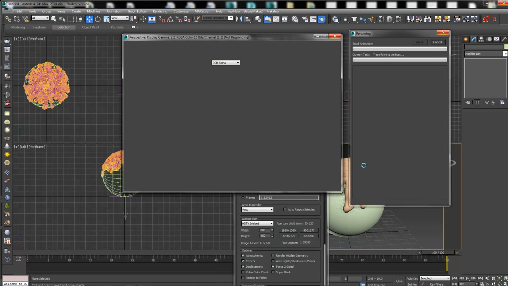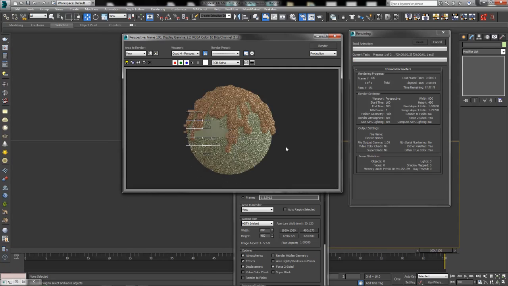Here, let's see how fast this is going to go. Here we go, not too bad. And now we've got what appears to be some pretty nice wax strips. Try it on some different shapes. Try playing around with certain things like maybe the speed of gravity to pull them down a little farther, or how quickly you want that lock bond to friction the particles and make them slow to stop. And you can get much different results. Other than that, that's all there is to it. All right, thanks.